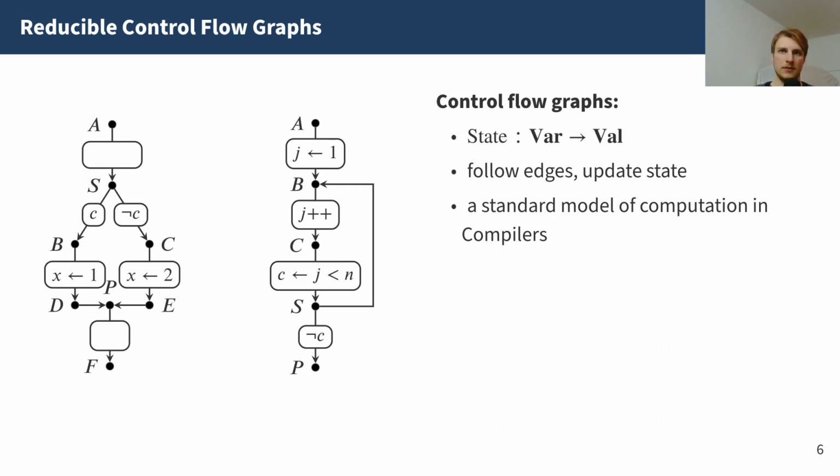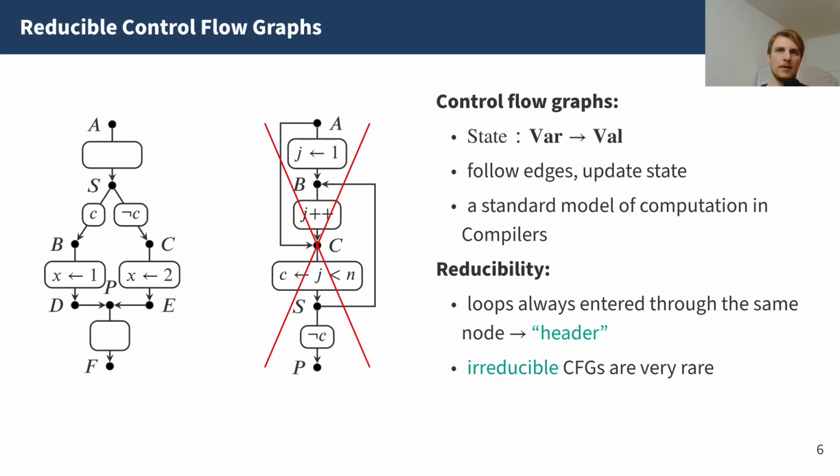This is why we choose as model of computation control flow graphs, or in short CFGs, because they are used in intermediate languages of low-level compilers like LLVM. The name basically explains how they work. They all have a root as an entrance point, and the computations are done along the edges. Assignments on the edges may change the state, which is just a map from variables to values. At branches, branch predicates determine the flow. In particular, loops are also possible, but we have to enforce a restriction on them.